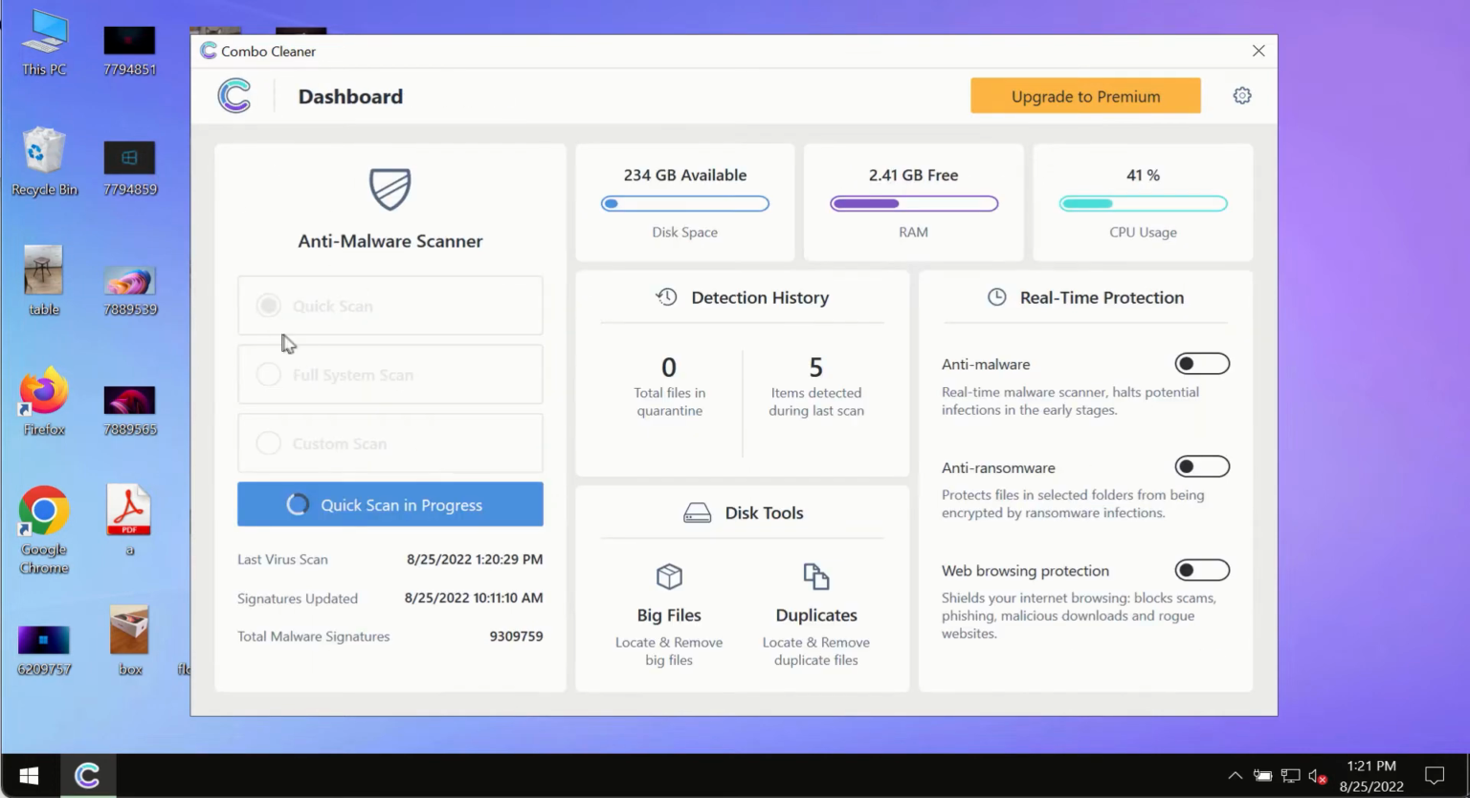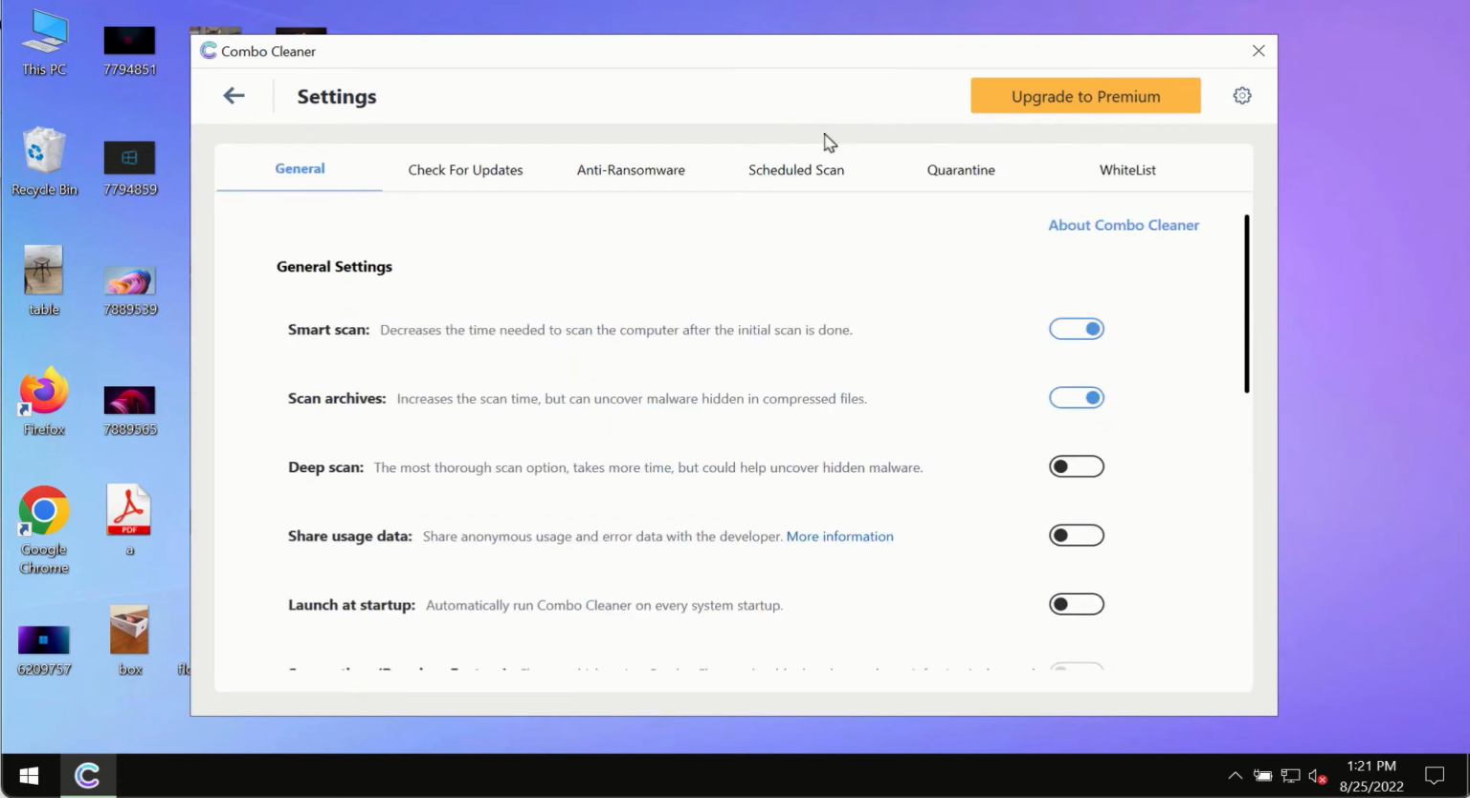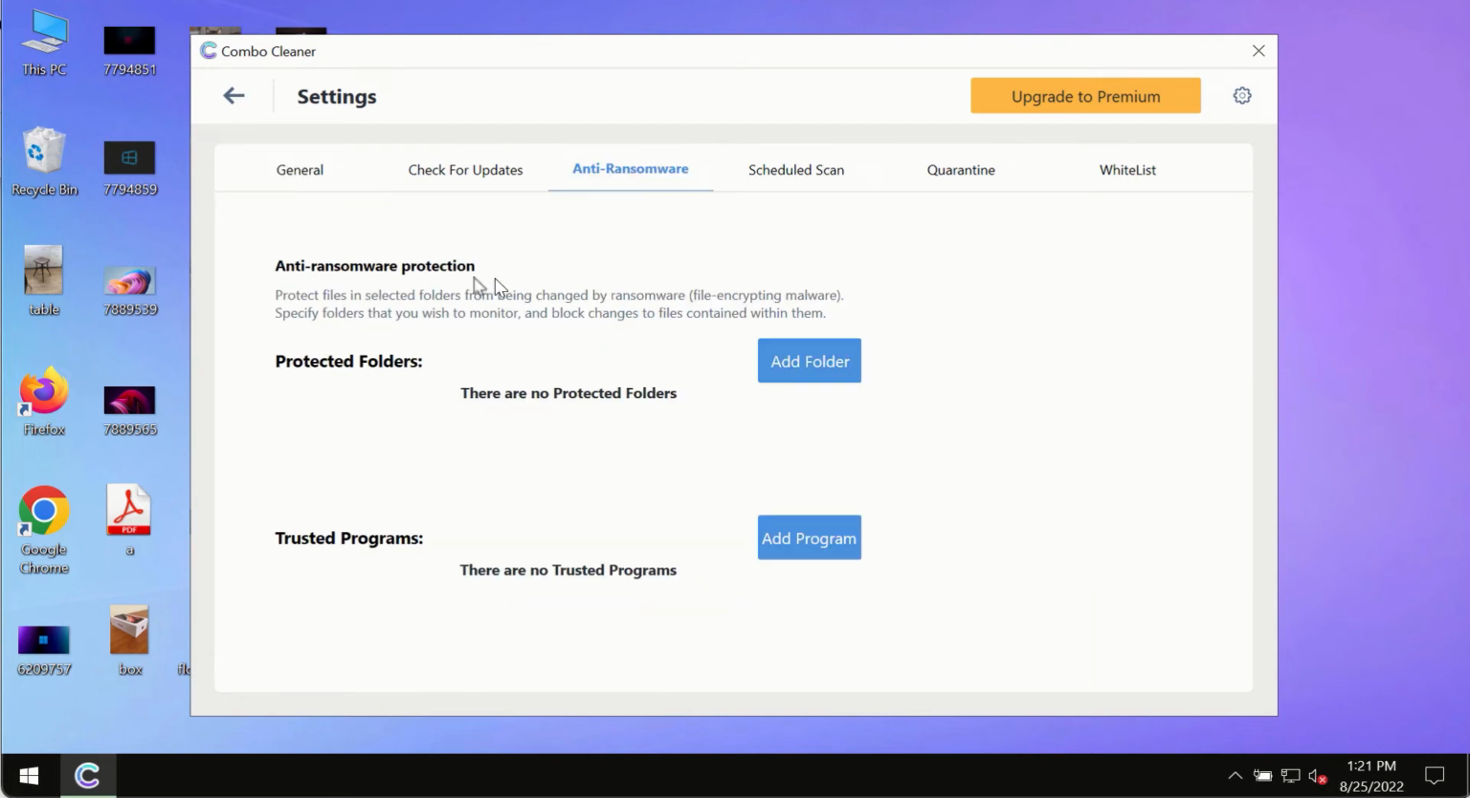Initially, the program is in trial mode, so only the quick scan option is so far available in the trial mode. The program most likely will first of all update its anti-malware database, and of course this is crucial for proper detection and removal of any malware, ransomware, adware or other infections. While the scanning by Combo Cleaner is taking place, please pay attention to several features in Combo Cleaner, such as anti-ransomware. This feature, for instance, allows you to add several folders that will always be protected against ransomware